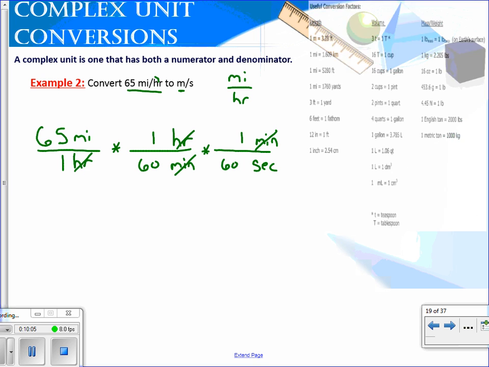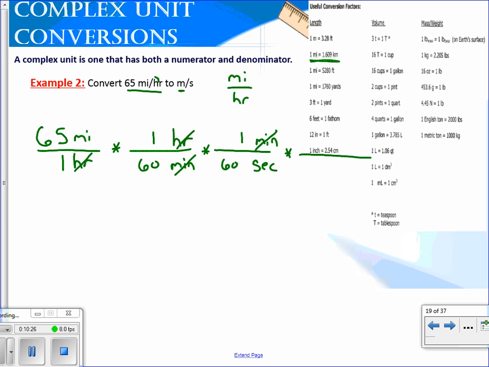So let's see if we have our little thing here. All right, so what's the relationship between miles and meters? Let's see. I don't see miles and meters, but I do see miles and kilometers. So what we can do is get to miles to kilometers. The unit's on top, so we won't put it on bottom. So we'll go between miles and kilometers. Now if we stopped here, our answer would be kilometers per second, but we